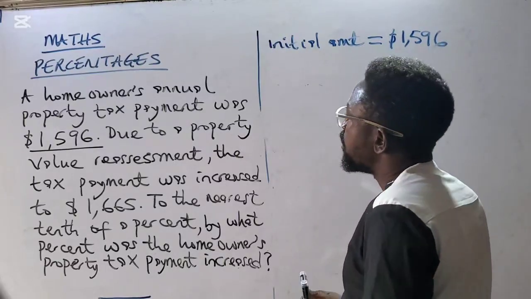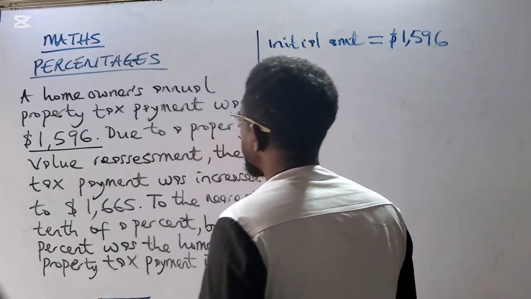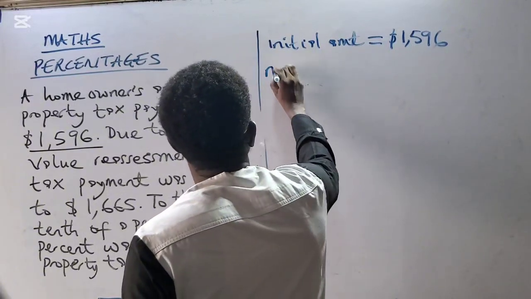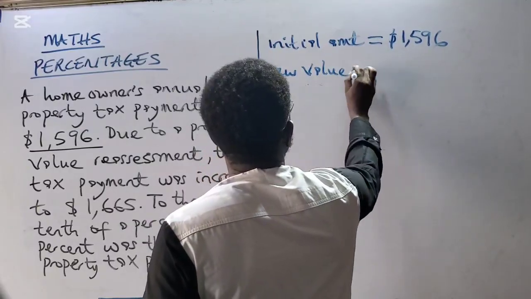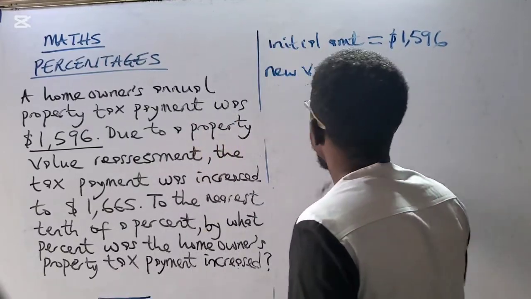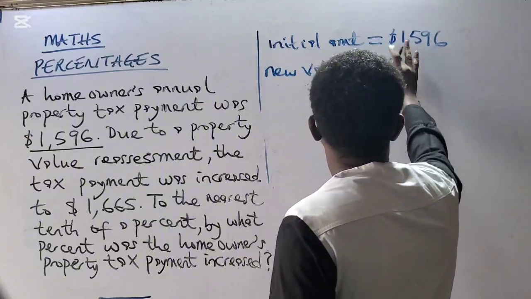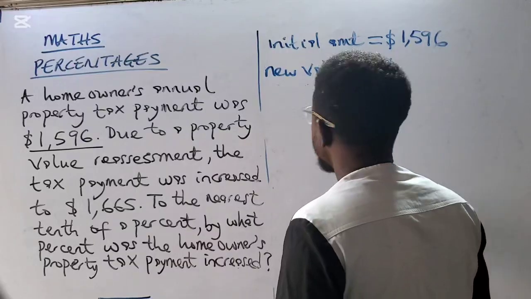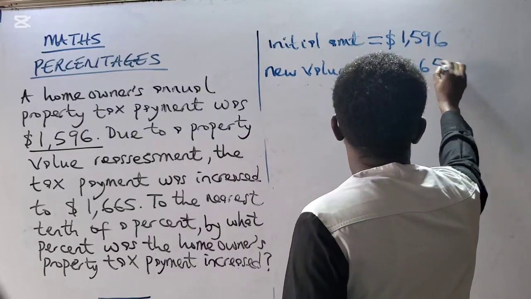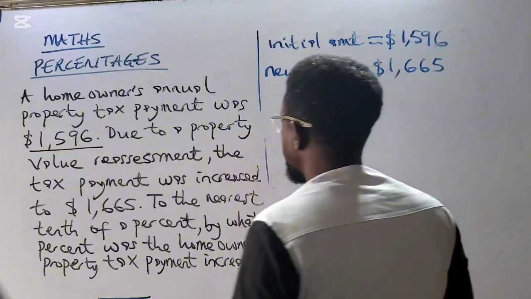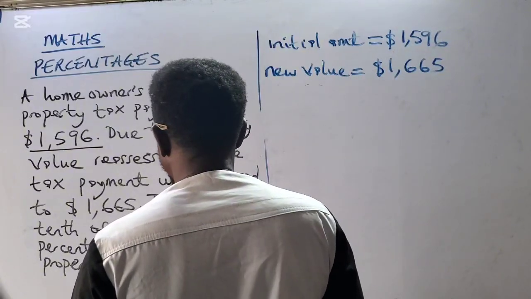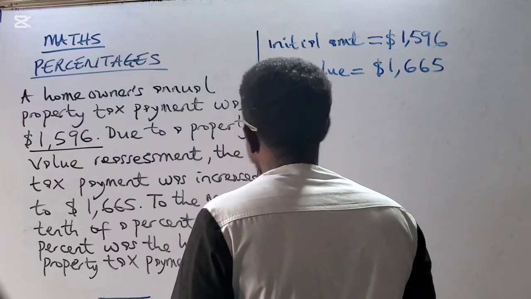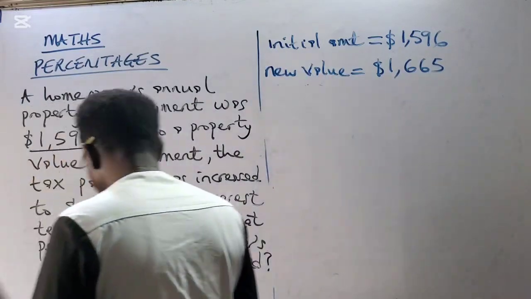Now, due to a property value assessment, the tax payment was increased to the new value, 1,665. Now it says to the nearest tenth of a percent, by what percent was the homeowner's property tax payment increased? So now, the first thing we need to do